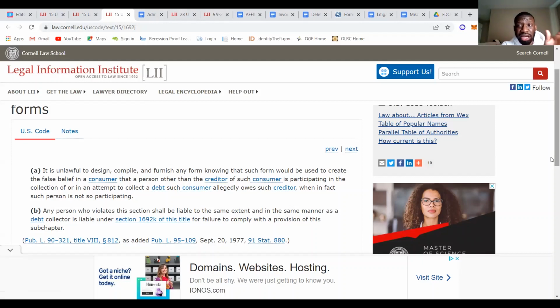The FDCPA is not the section for us to break down the fact of how you're the original creditor, but just understand, take notes, 1692j applies to your car contract. So when you circle on your car contract the original creditor, that's deceptive, right? Because it's as if you're not the original creditor, right? So anything that says you're not the original creditor on that car contract is a violation.